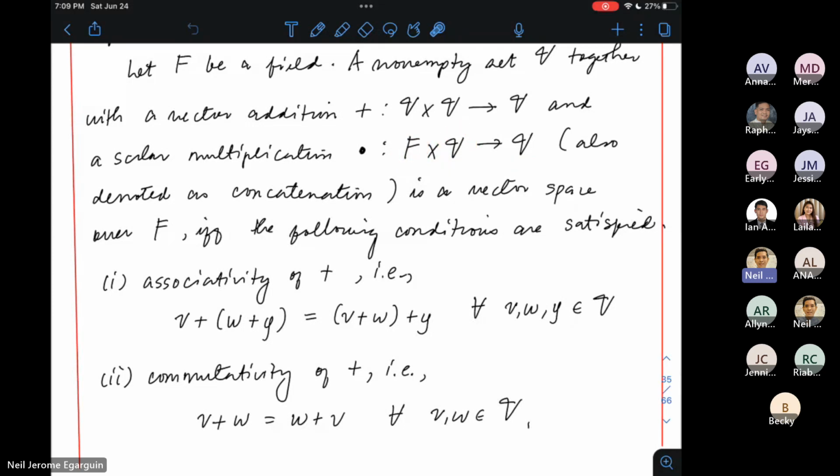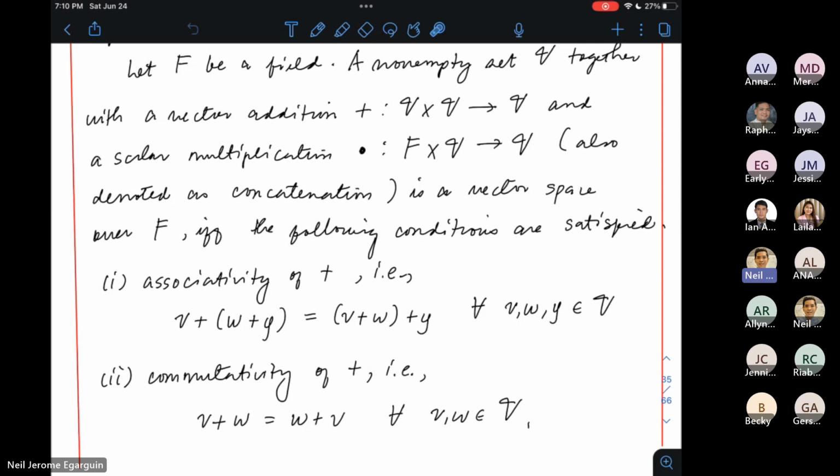Alright? So halimbawa, meron kang field element, tawagin nating alpha, ita-times ko siya sa little v, which is an element of capital V, dapat yung product na yan ay element pa rin ni capital V. So the two operations that we have, a vector addition, which operates on two elements of the set V, and scalar multiplication, which operates on an element of the field and an element of capital V. Right? Is that clear? So magkaiba sila. Wala tayong vector multiplication. Meron lang tayong vector addition. So addition ng dalawang elements ni V at saka scalar multiplication, element ni field times element ni V.